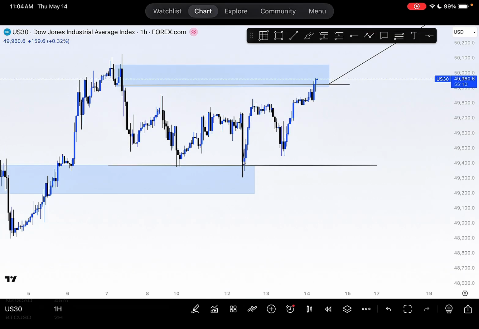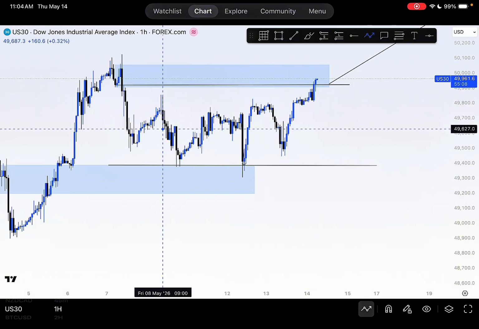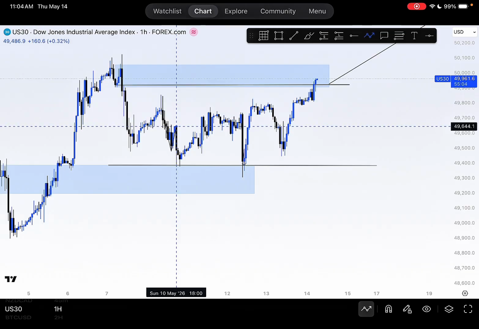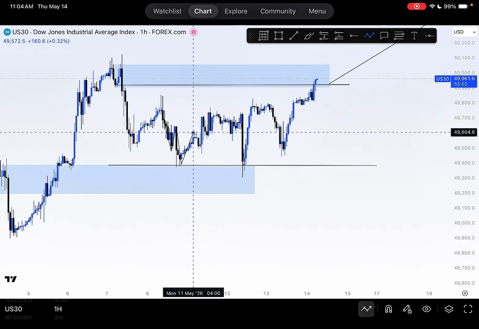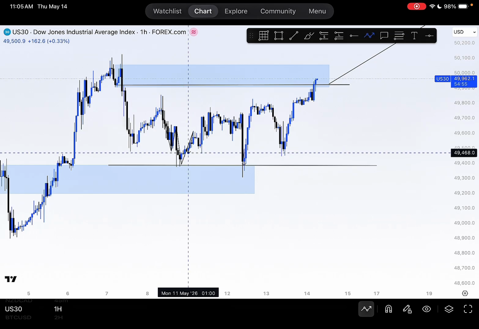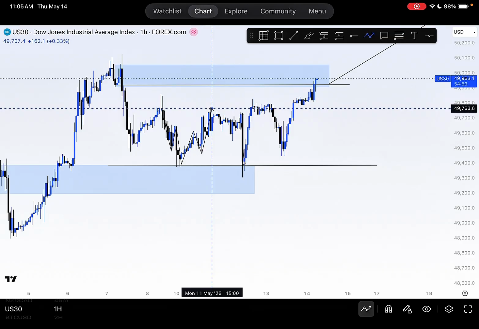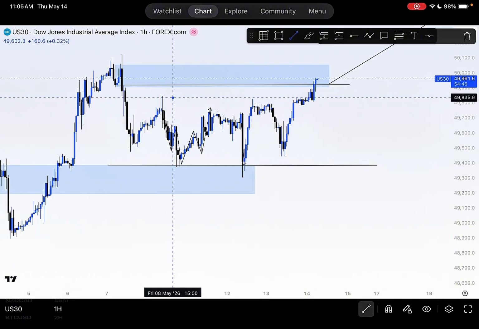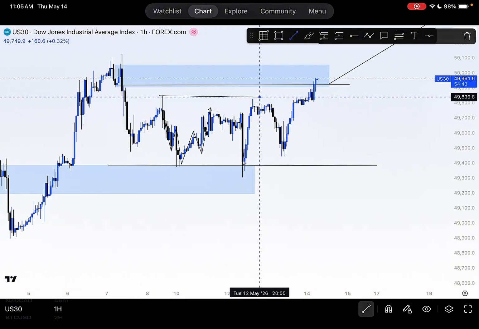When the market came here at first, you can see the market reacted, came down, went up, tapped. If we go to our lower time frame, we'll see a breaker or an order block here before this push, but the sellers were much, so the market couldn't break this high before the market went down again